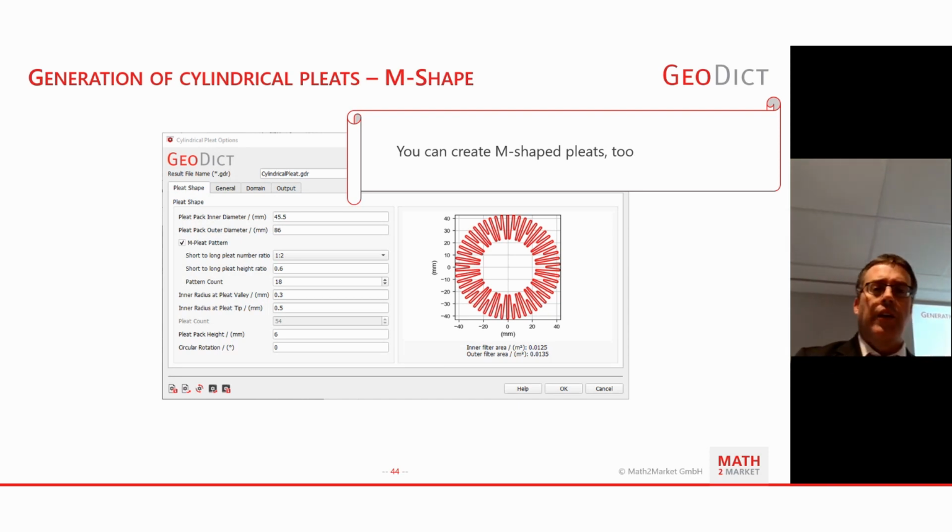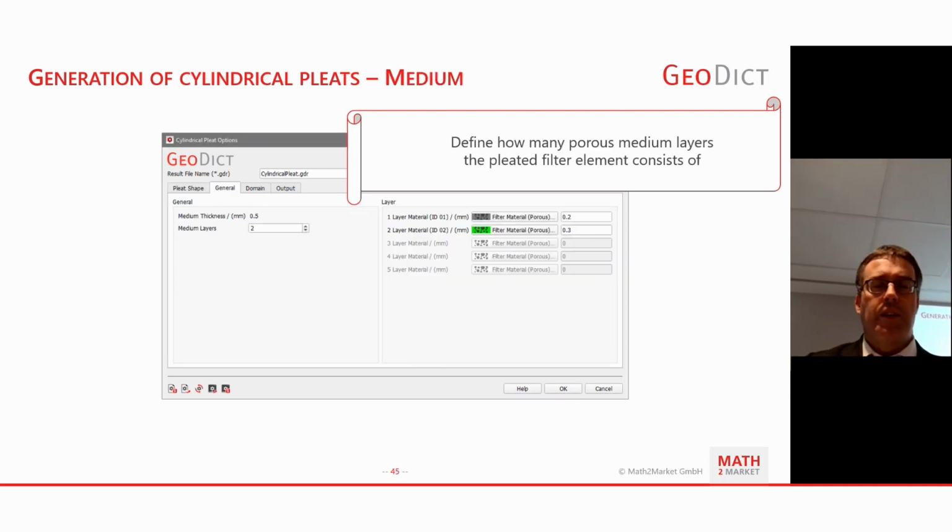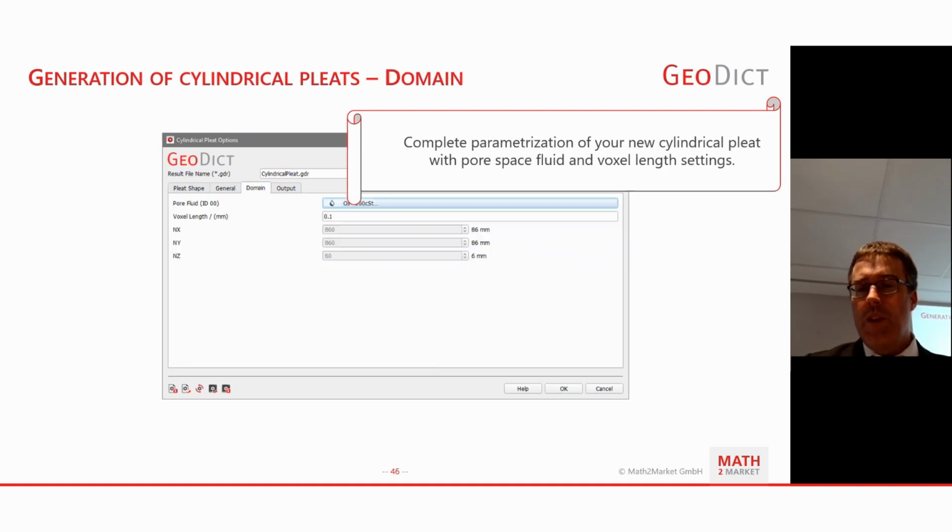Just to go through the other tabs, you have, as I already mentioned, the complete control of what you are designing here. How many layers do you want to use? What is the thickness of each layer? What is the material of each layer? Then the complete parameterization is done by also adding the pore space fluid and the voxel length. Actually, the sampling of the whole thing is determined already by the diameter and the voxel length.